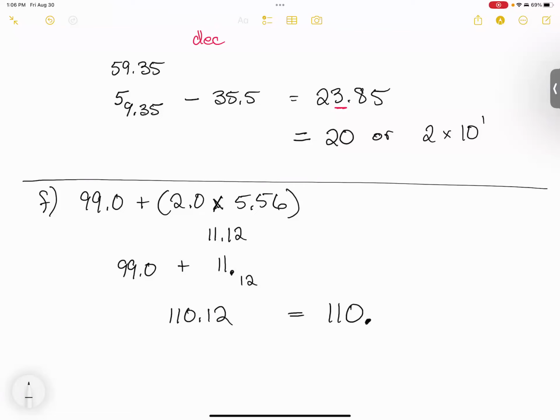So now we figure out addition with decimal points. We look at 99.0 and just